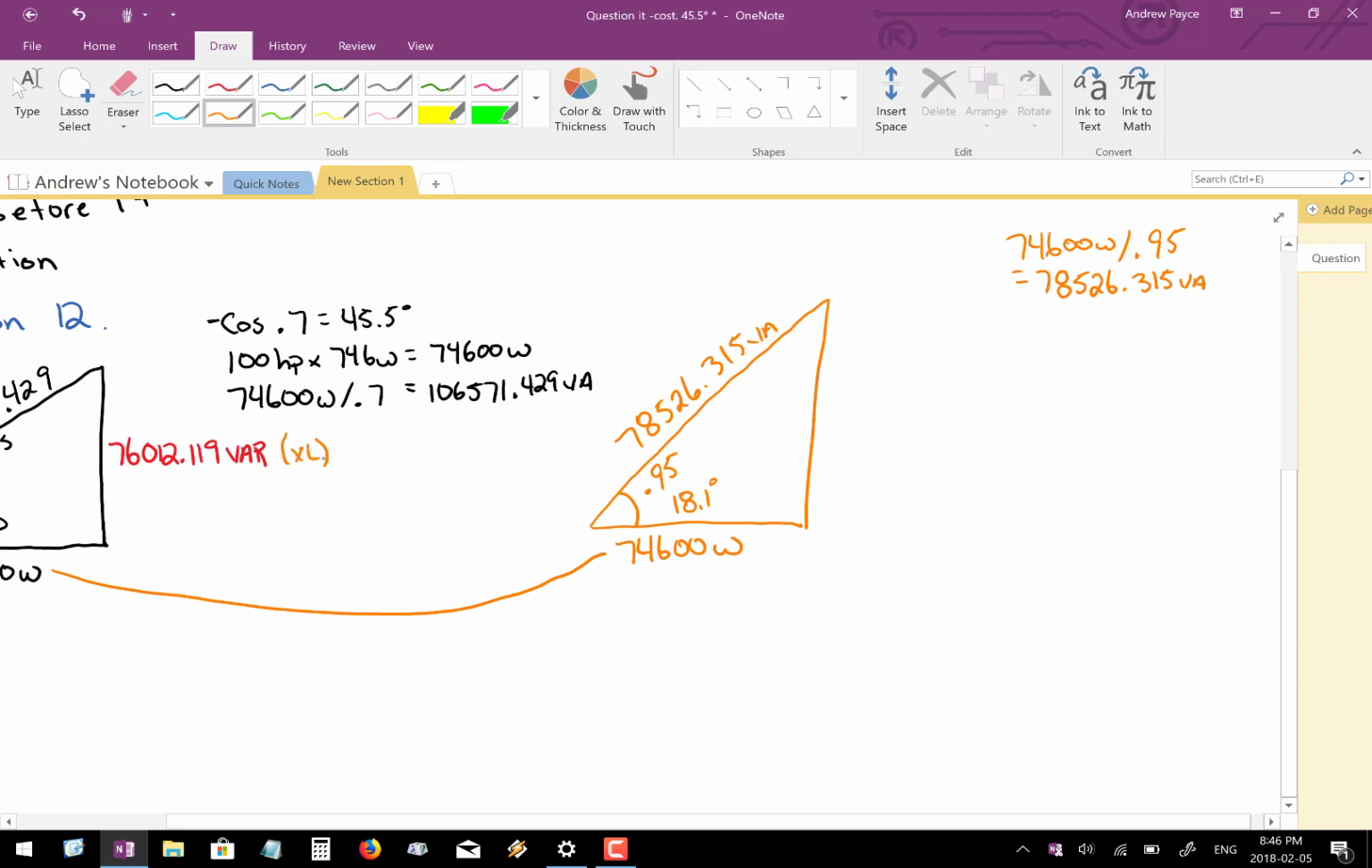So sorry, I should have labeled that XL to represent my motor. Bring that across. 76,012.119 VARs of my motor, XL. Can I use Pythagorean theorem to find my total VARs? I can. So I would go